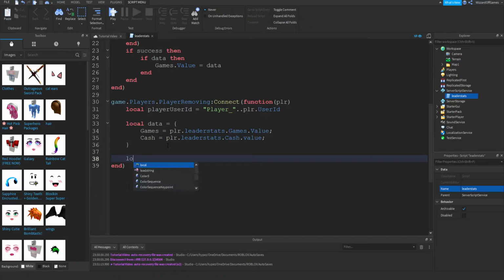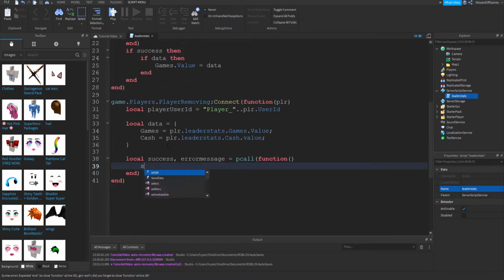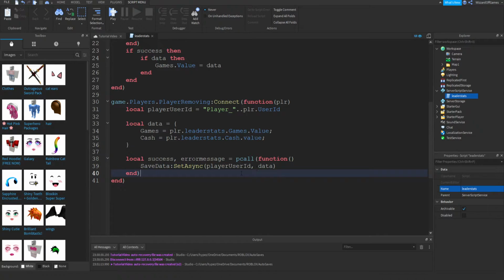Then we're going to do local success, error message equals pcall function. Then we're going to do save data:SetAsync, player user ID, and then data. And we're going to do if success, then print was saved successfully,